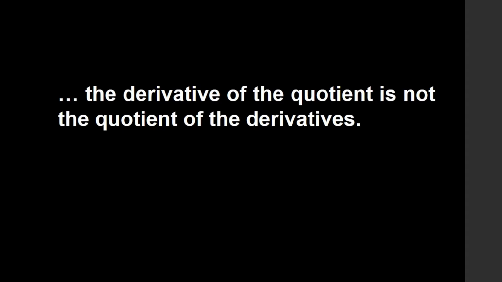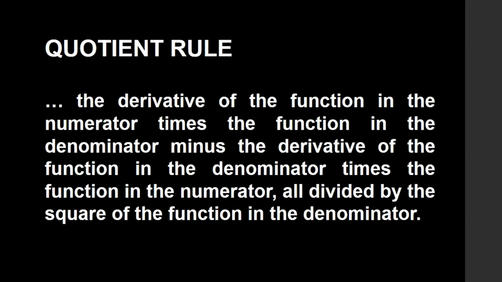Let's go to the quotient rule. Product rule and quotient rule are not the same as the sum and difference rule. The derivative of the quotient is not the quotient of the derivatives. Rather, it is the derivative of the function in the numerator times the function in the denominator minus the derivative of the function in the denominator times the function in the numerator, all divided by the square of the function